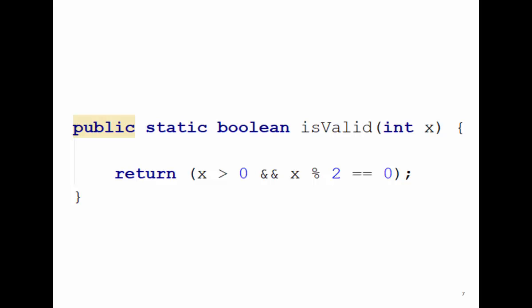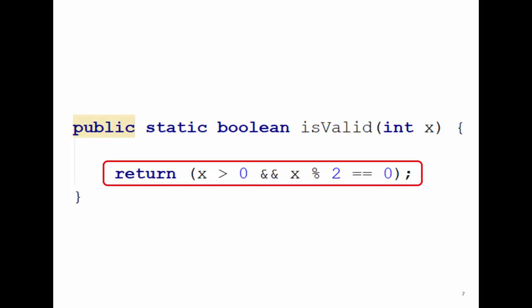Another way to implement it, you don't need this messy if statement. You can have this statement. It's a boolean statement, a statement with the return type as a boolean. You see the left-hand side is evaluated, x is greater than 0 and x remainder 2 equal to 0.